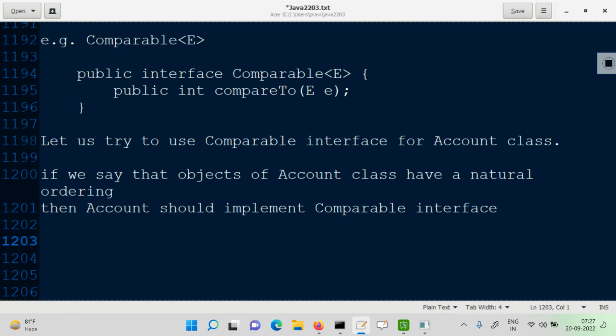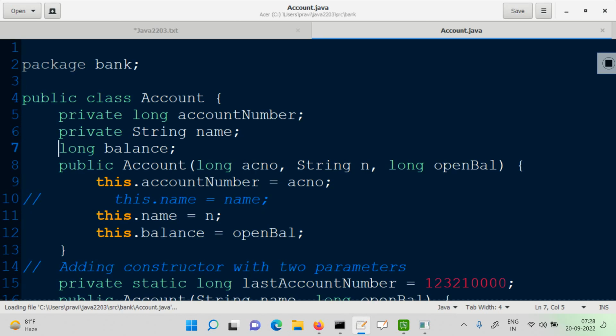So if we are saying Account has to be implementing the Comparable interface, then how do we write that code? How do we change the Account definition? Let's make this change in the Account class, in Account.java. How do we update this and say I want a comparison logic? For that, what should be done? We'll say this thing implements